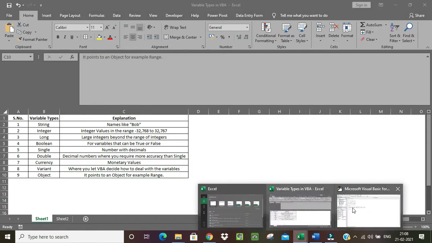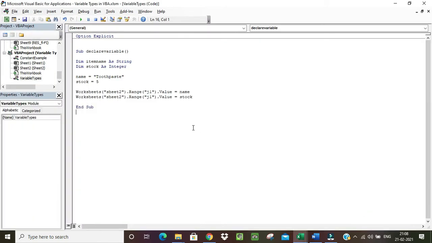So I'm going to the Visual Basic Editor. I have prepared a couple of things so that I can keep it handy while I'm giving a demo of this. So you see, this is a typical program. If you remember, whenever you write a program, you start with a sub and then you end with the end sub line. And all your code resides between these two lines. Okay, let's look at the program.